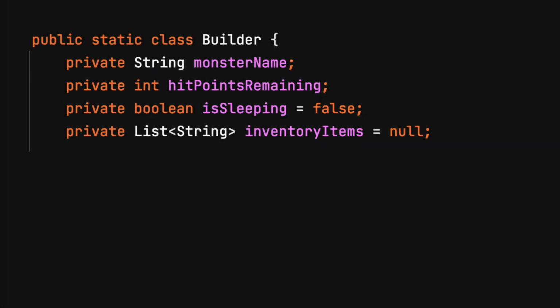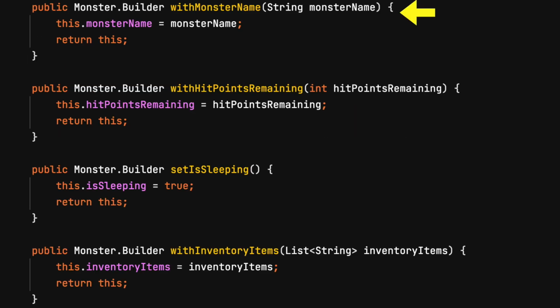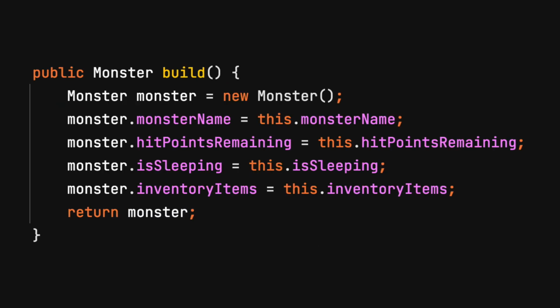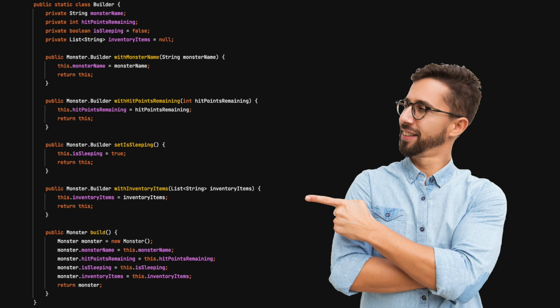With this code, object creation is started with a static builder method. Each property can be set with its own method that requires few, if any, parameters. The final step is to build the object. Here is a simplified builder.